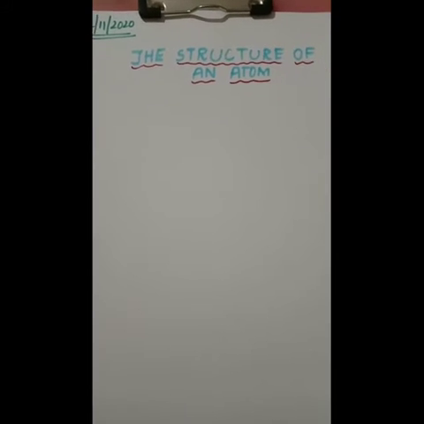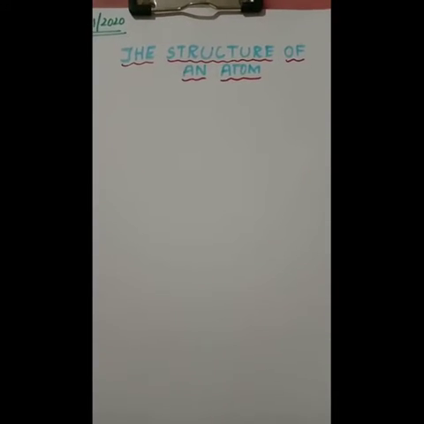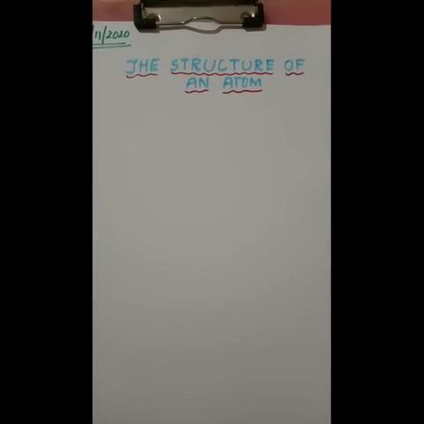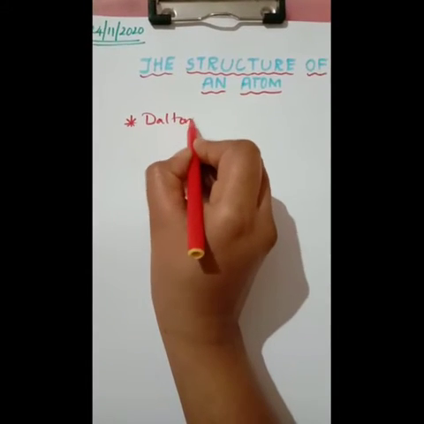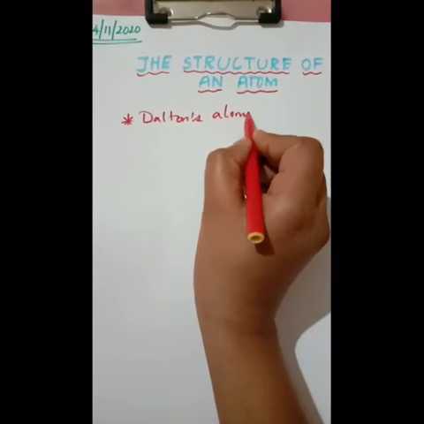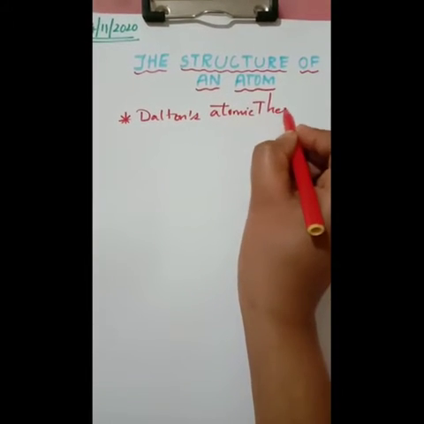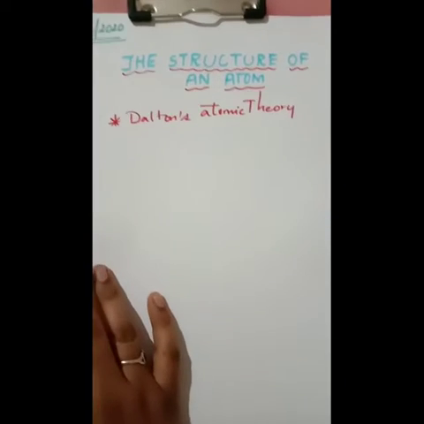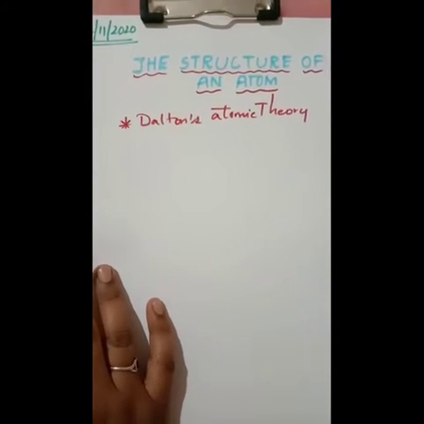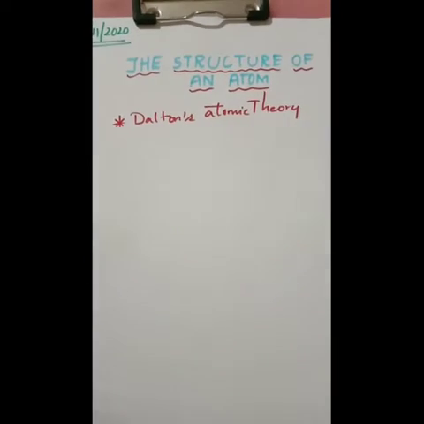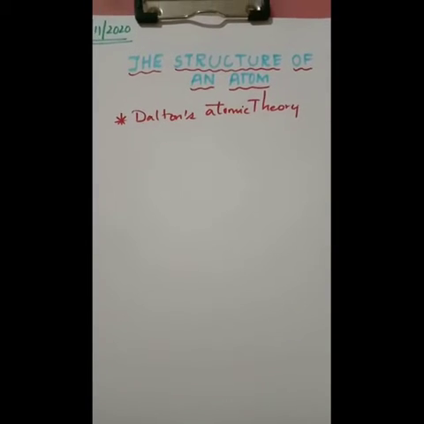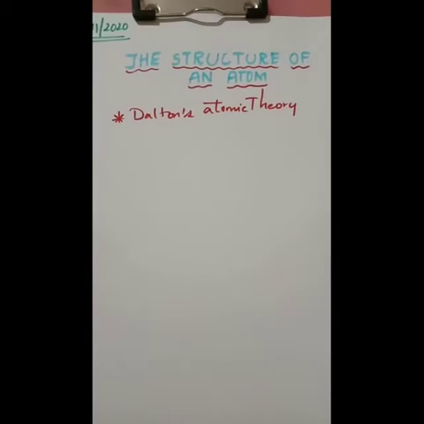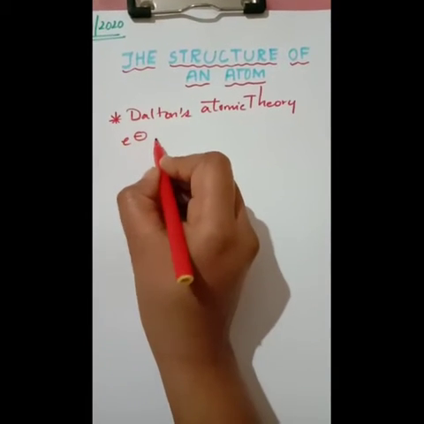Let us continue with the chapter The Structure of an Atom. So children, in our previous chapter, we have learnt about Dalton's atomic theory, right? Yes. What Dalton's atomic theory says is that atoms are indivisible and indestructible, right? In chapter 3. But the discovery of two fundamental particles, that is electron and proton,